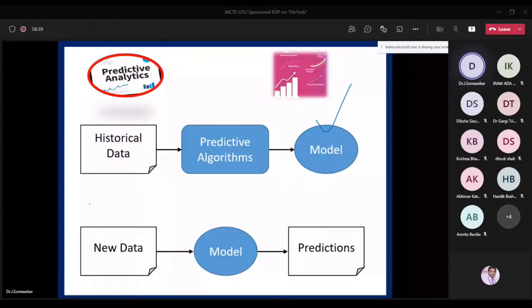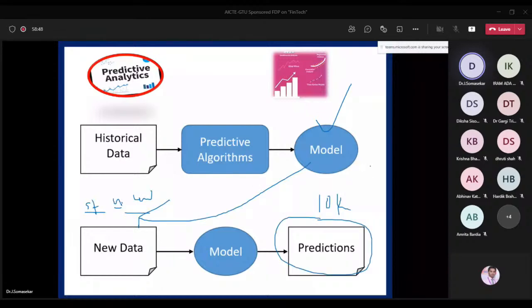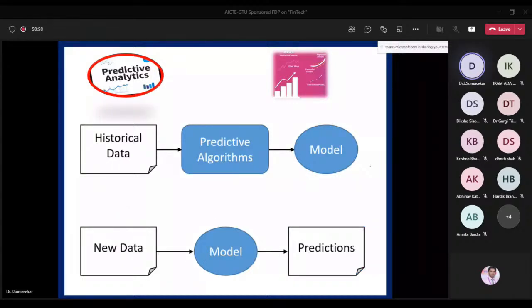That means the model is important, and based on this model, whatever new data, maybe today's data or tomorrow's data, depending on the application, we can go for prediction. This is the predictive analytics we are going to perform for Bitcoin price prediction. So far, we have completed a brief idea about machine learning: what is the definition of machine learning, and what are the applications?